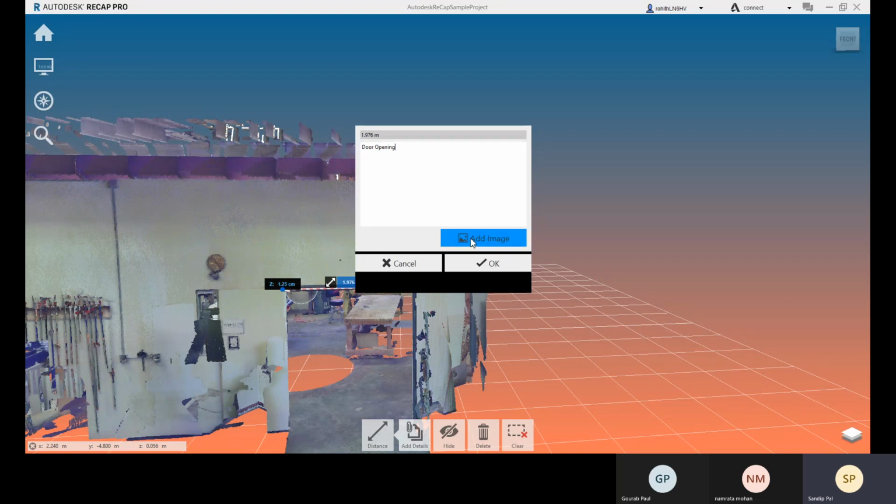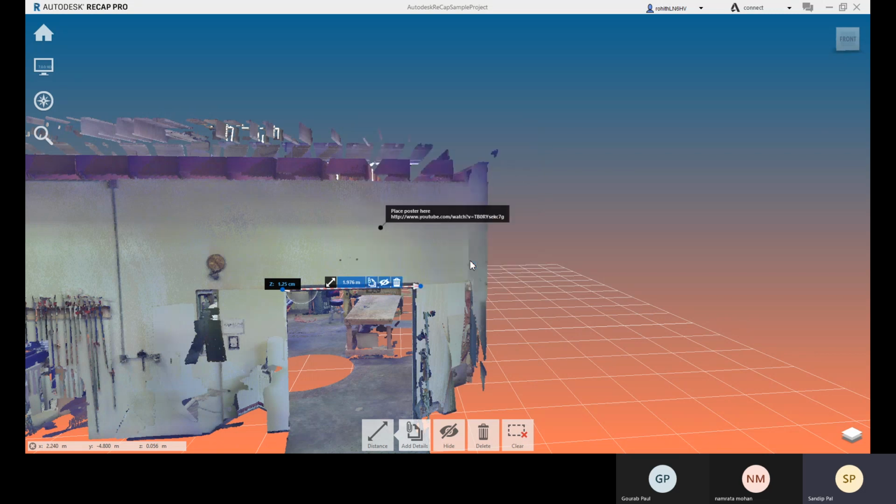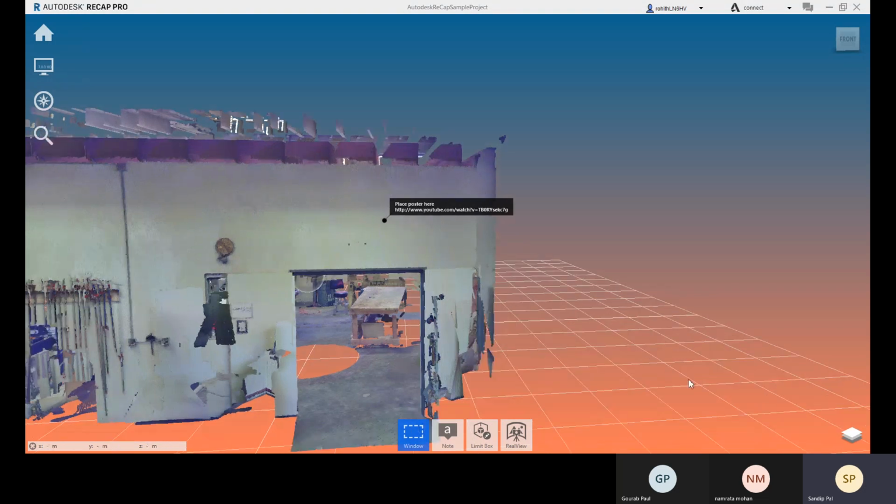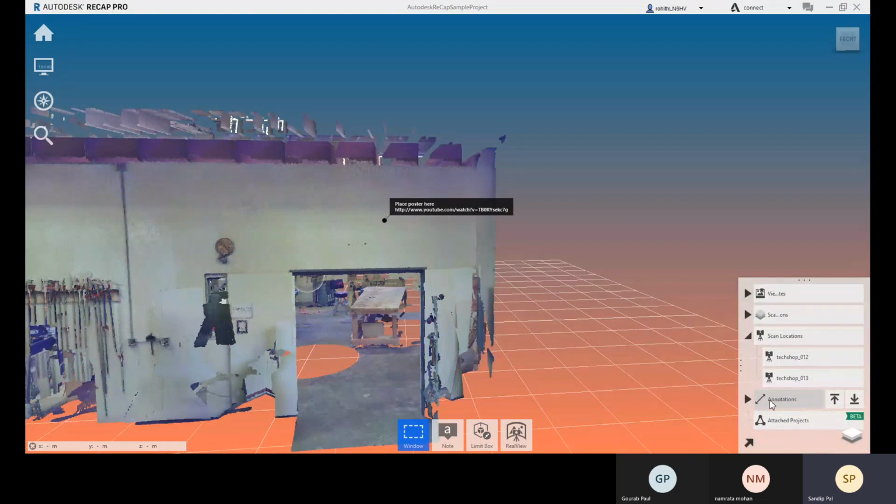And if you have any image, you can add an image. You can click here to copy this. And you also have this hide option here. Here also you have this hide option. Here you have your annotation.